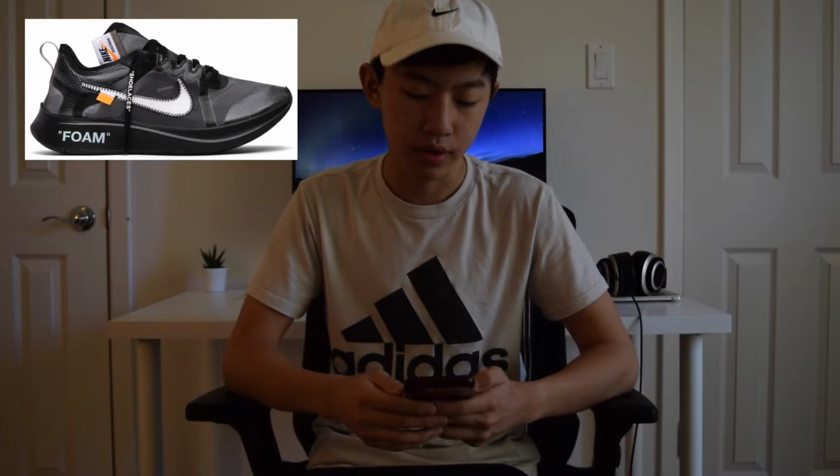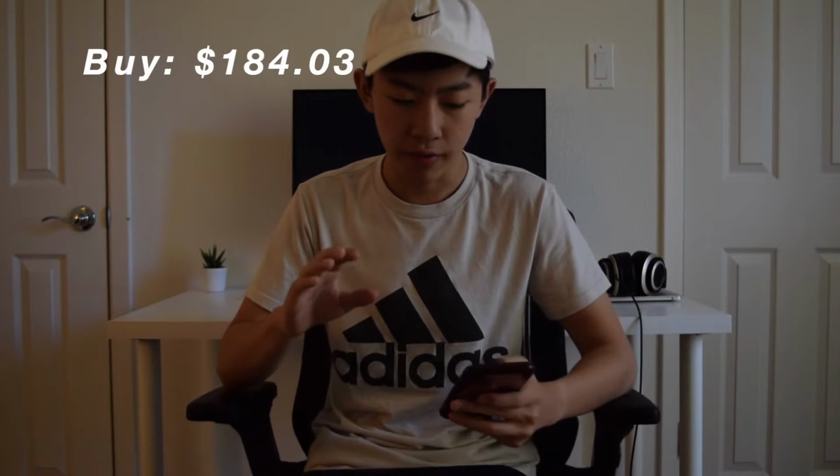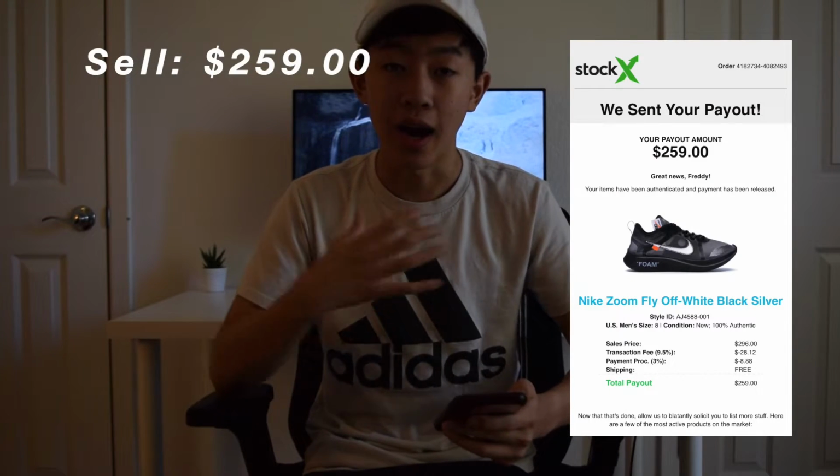Okay, the first sneaker I ever resold was the Off-White Zoom Fly in the black colorway. So I bought the sneaker for $184.03, including tax, and all of the buy prices are going to be including tax. So on StockX, I sold it for $296, but StockX has these seller fees and processing fees, so the money I got was $259. And my profit margin from that sale was